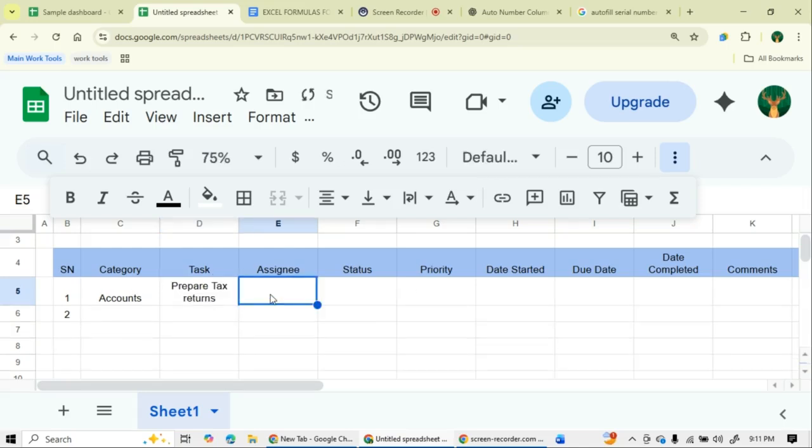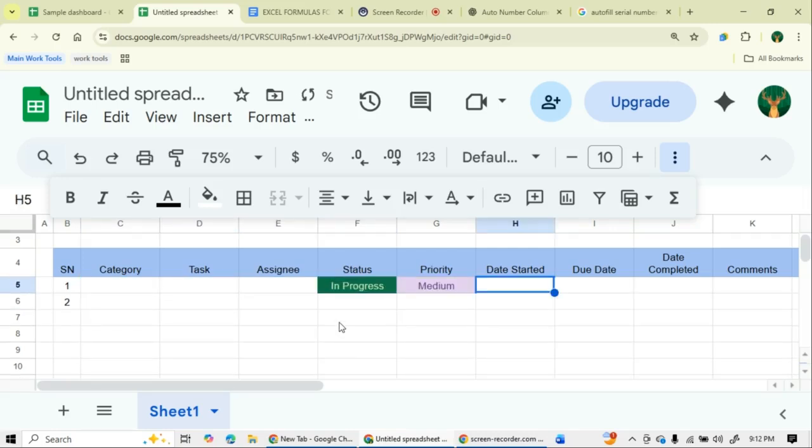So the assignee might be Fidel, right? And the status is, so the category is accounts, and the task is maybe file tax returns,